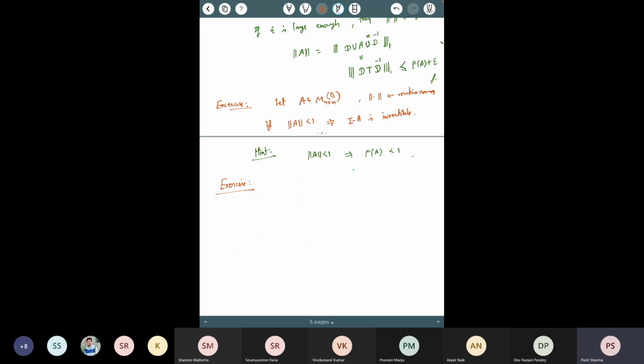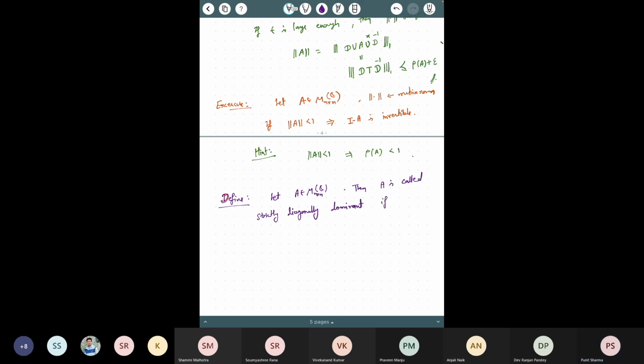let me first tell you what is a diagonally dominant matrix, and then I will give you an exercise for that also. So before I give you this exercise, let me recall what is a diagonally dominant matrix. So let us define what is a diagonally dominant matrix. So if A is an n cross n matrix, then A is called strictly diagonally dominant